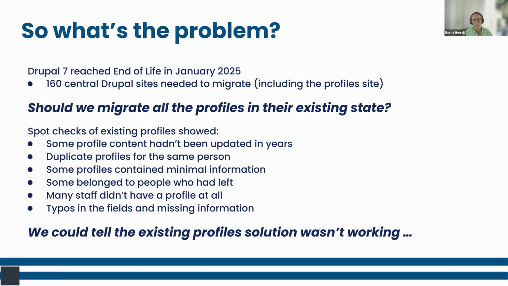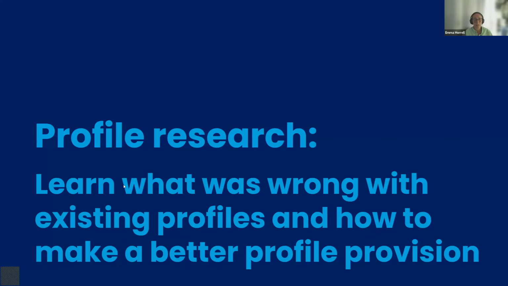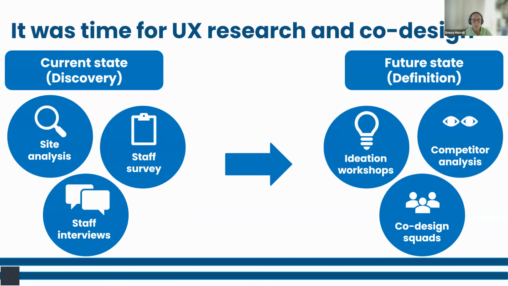And the way that we approached this from the UX perspective was thinking about, well, let's have a look at the existing way of doing things and let's find out what's wrong with that. And with that information, we can use that to do a better job. So we initiated a research program that aimed to learn about what we call the current state in really three different ways. First of all, by doing a site analysis, having a look at what's there and gathering data from the site itself. We also wanted to reach out to the people who own profiles, and we chose to do that by doing a survey, first of all, but also by interviewing staff, by actually hearing what they had to